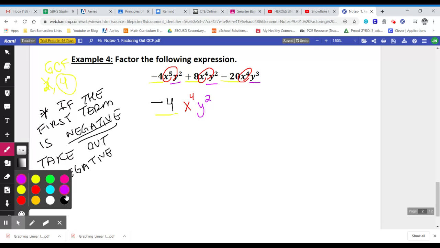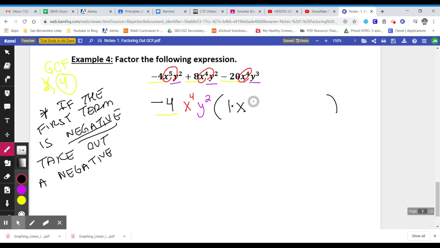Finally, we just have to fill in the blanks on the inside. So now I'm going to put my parentheses. There are going to be 3 terms on the inside. So go back in the same way that we did the other problems. -4 times what number would give you -4? That would be a 1. I can write the 1 or I can leave it out. It's up to you. x to the power of 4 times what will give me x to the power of 5? Here I can tell that I'm missing an x. For y to the power of 2, I'm good on that because I already have y to the power of 2 on the outside. So next term,